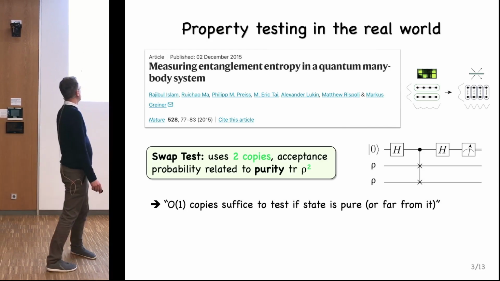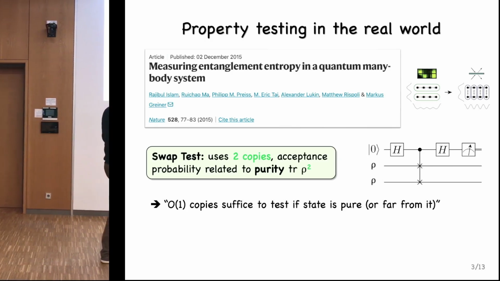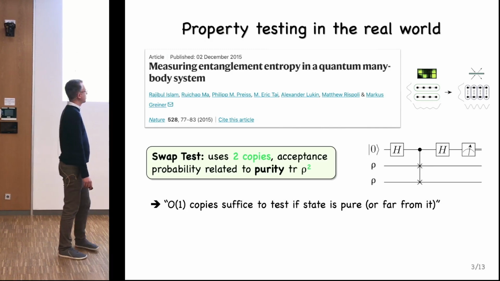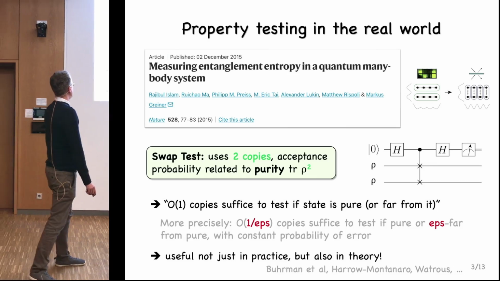So that's what we call a perfectly complete test for purity. And then it would maybe be summarized as follows. People would maybe write, you know, a constant number of copies suffice to test if a state is pure or far from it, okay? And you can be more nuanced, and you could say, okay, if you want to test